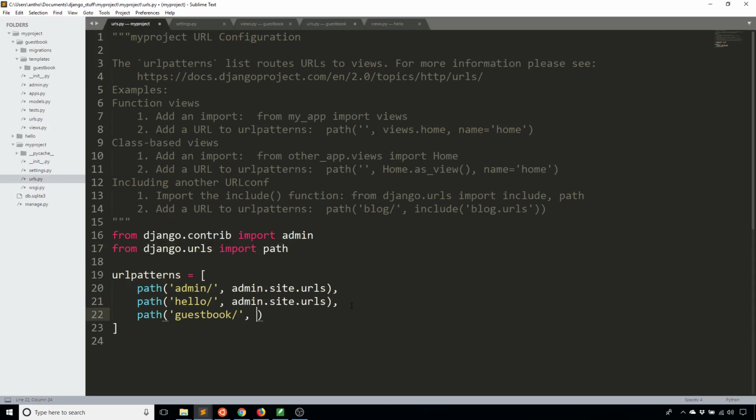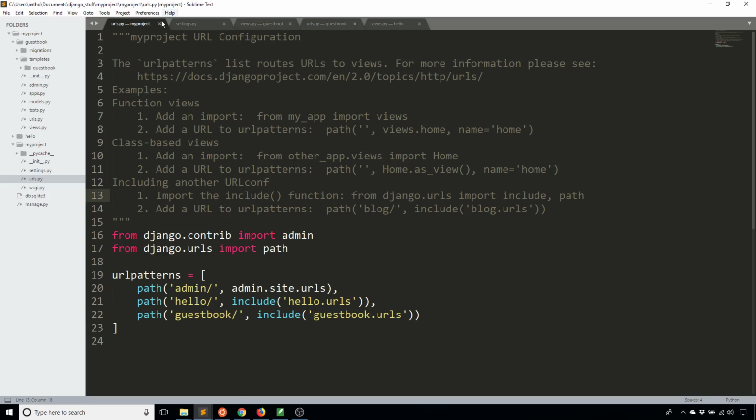And then I'm going to include, and this file got overwritten, so this should be include hello.urls. And then this is going to be include guestbook.urls. Okay, so now that I have the guestbook URLs, anytime I go to /guestbook, it's going to send me